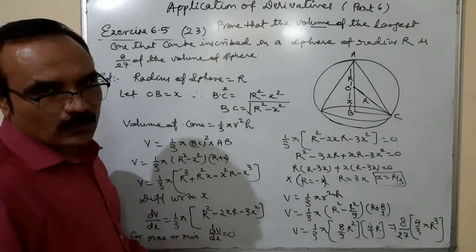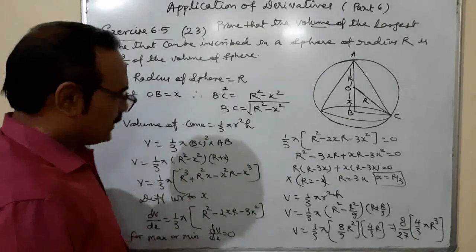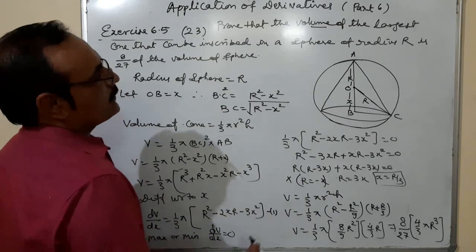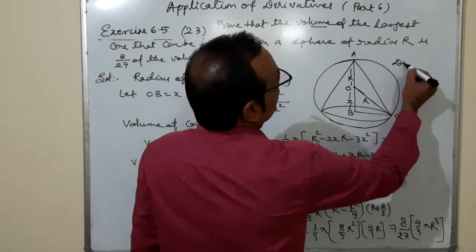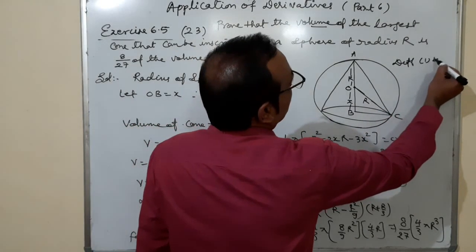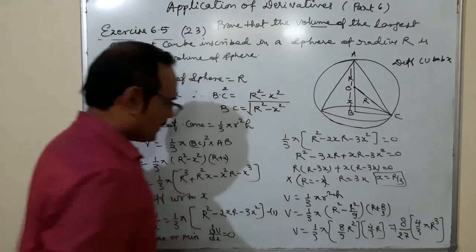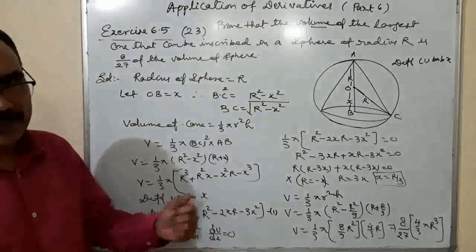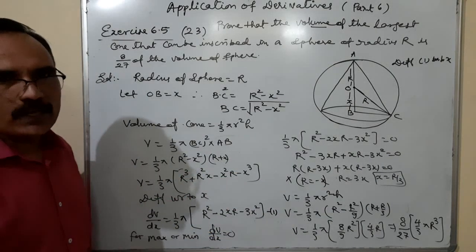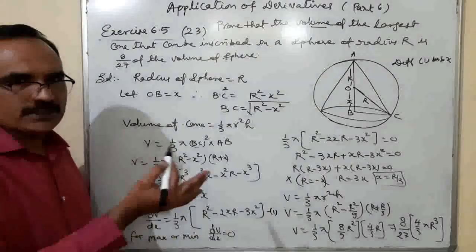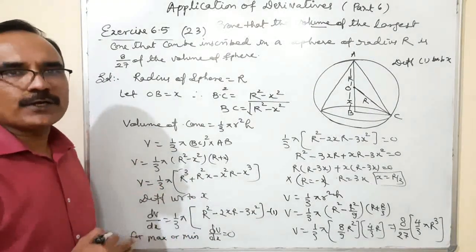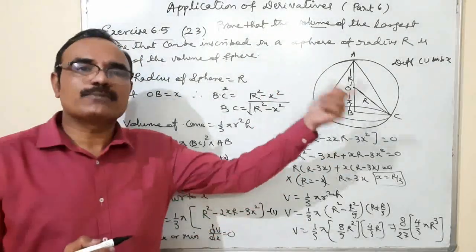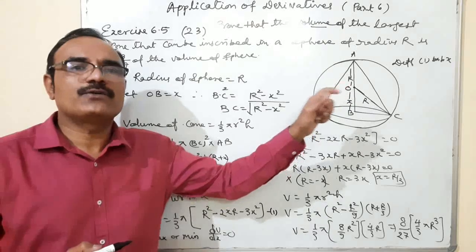So for checking whether the volume is maximum, we need the second derivative after the first derivative. Differentiate first, y or r with respect to x. The second derivative is used only for checking the sign, whether it is positive or negative, that means the term is greater than 0 or less than 0. If the second derivative is less than 0, the value is maximum, and if it is greater than 0, the value is minimum.